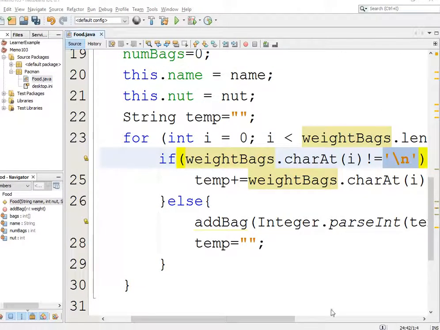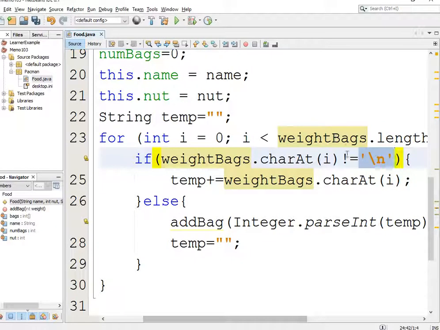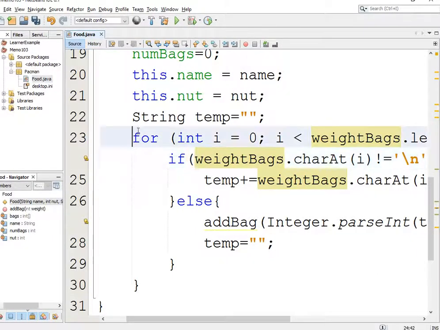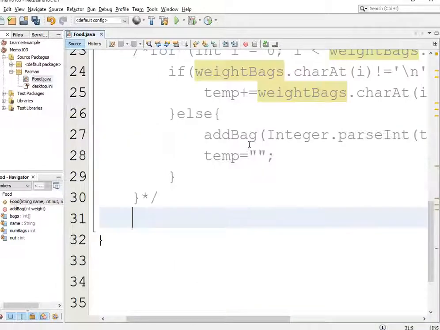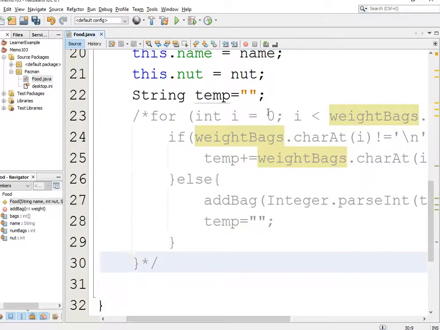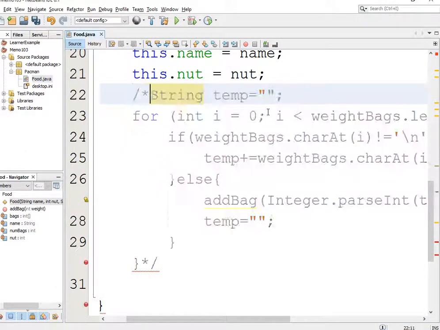Here is the logic of a scanner: it would loop through the array and look for each individual character while it's not equal to a \n or an enter, whatever character would be displaying. As I say, I'm not sure if I could compare to that character, but then it would add it to a string, and when it does equal the comparator, it will then send it through to what it needs to send to. We don't do it this way. Do you want me to leave this here and comment it out, or would you rather I just delete this? Okay, I'm going to comment it out because this is not the way you guys are going to do it. I also don't need that temp over there, so let me comment it out, otherwise I've got